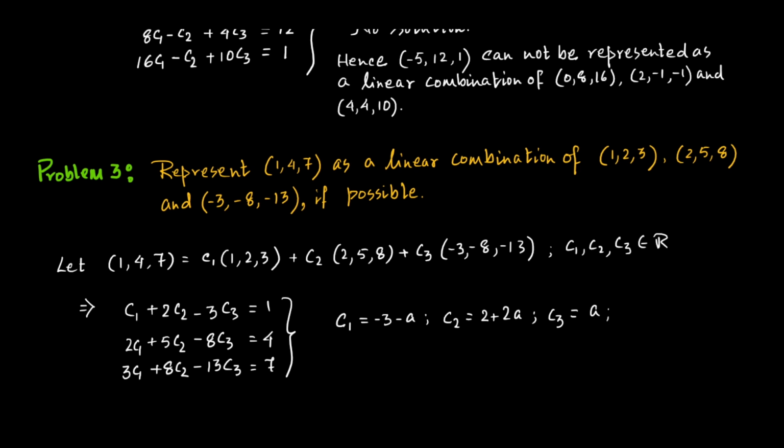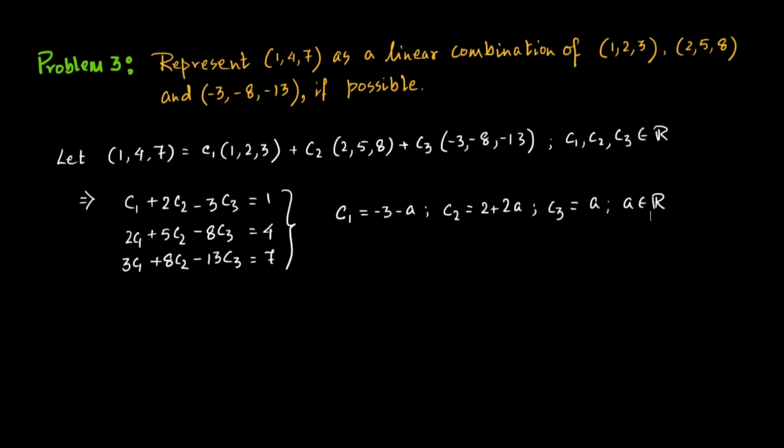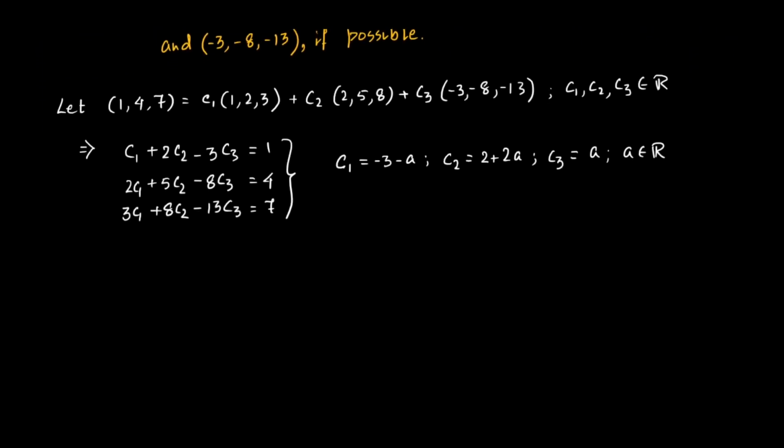What is a? This a is any arbitrary real number. That means if I plug in different values for a, I will get different solutions for this system. Or in other words, this system will have an infinite number of solutions. That means this vector (1, 4, 7) can be represented as a linear combination of these three vectors in an